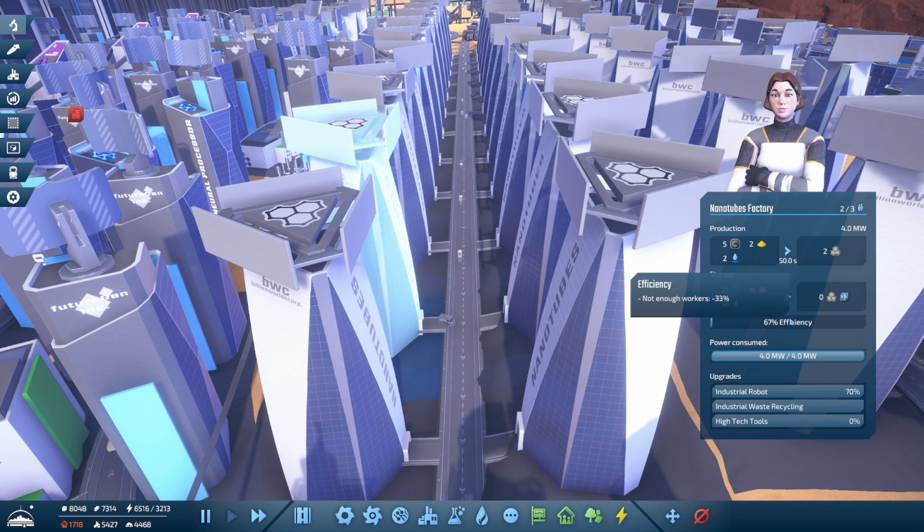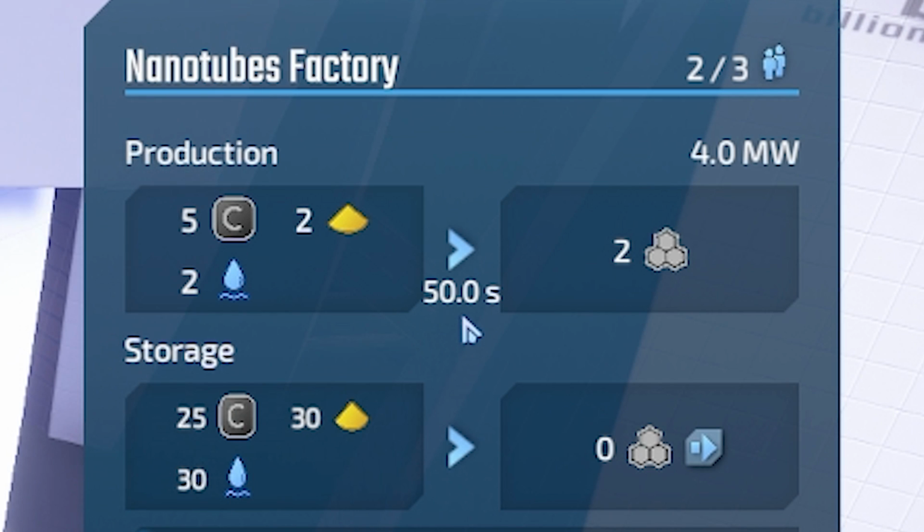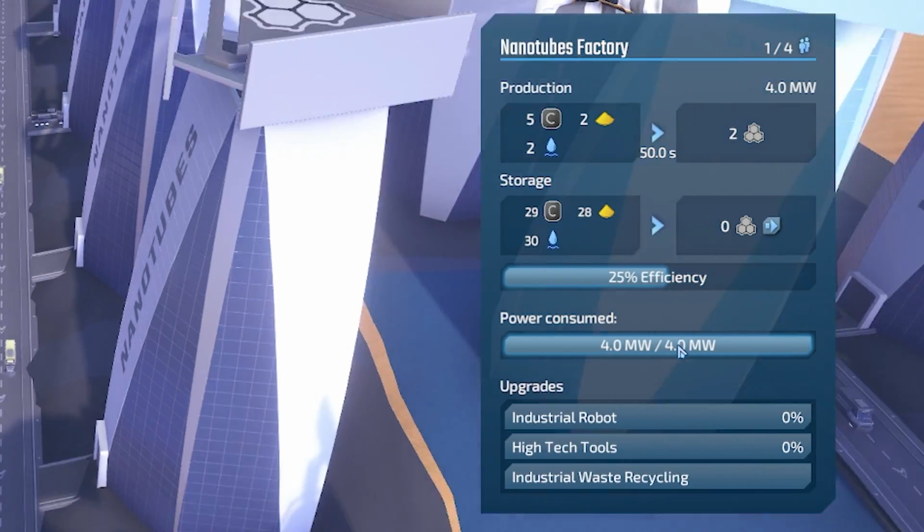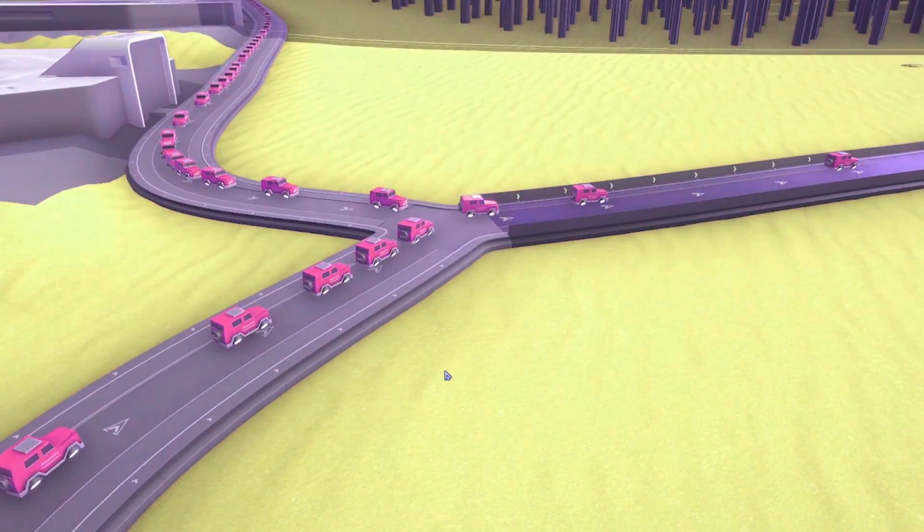I think they're just a little bit slow. Yeah, they take 50 seconds to create 2 of them. But you'll see they are working at reduced efficiency. That's because we don't have enough workers yet. But thankfully, with the G-Wagons,